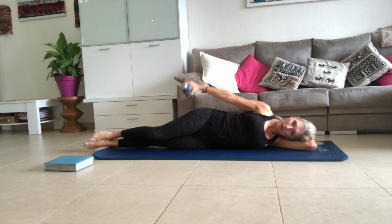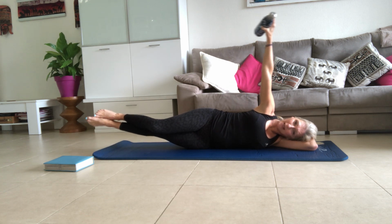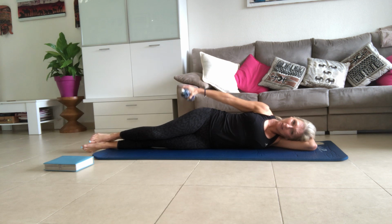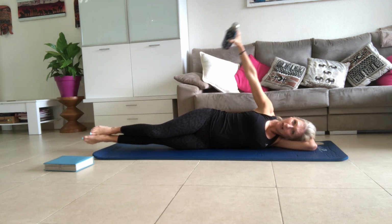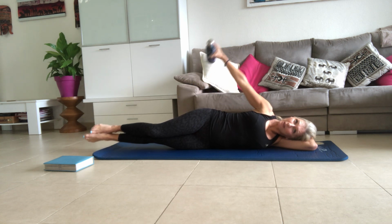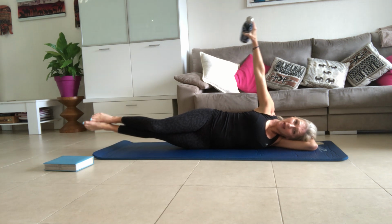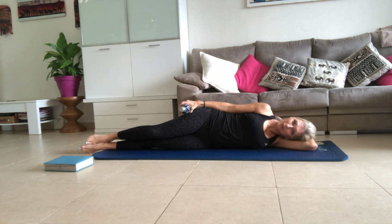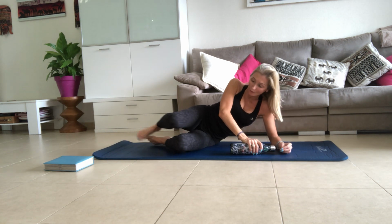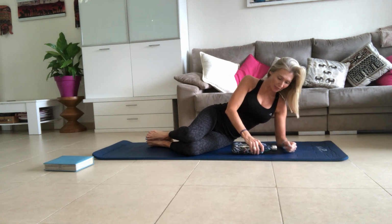Use the breathing, keep that waist lifted. That top leg needs to relax as best as you can. 5 more, working the underneath leg adductor more so. Last 3, and 2, and the last one, and release. Good job. Okay, so from here we're going to bend the knees up in front of you, have the elbow underneath,